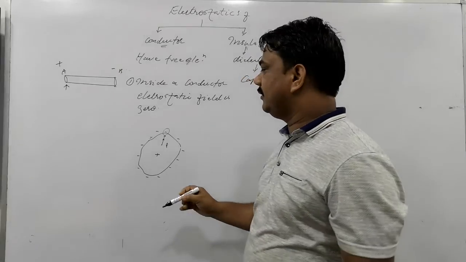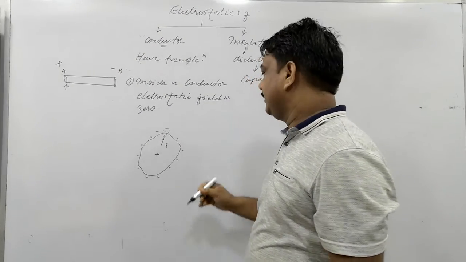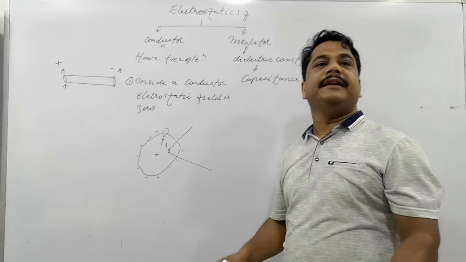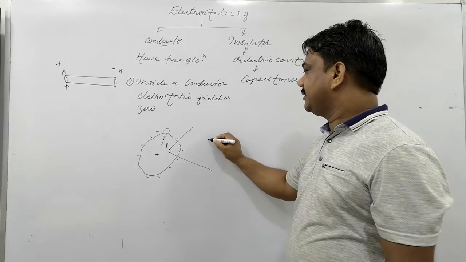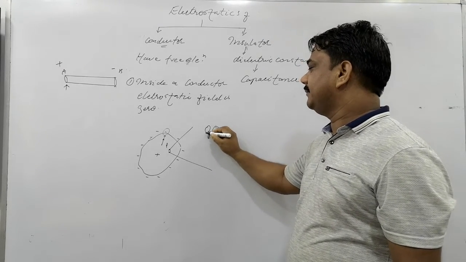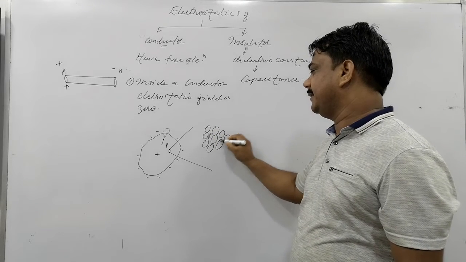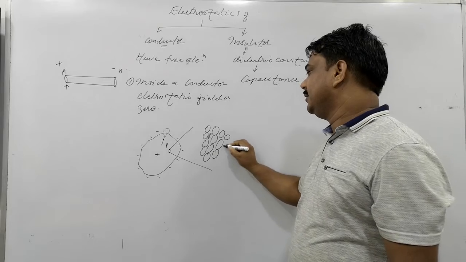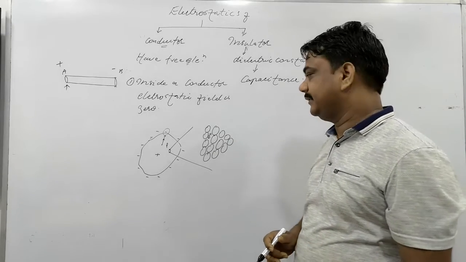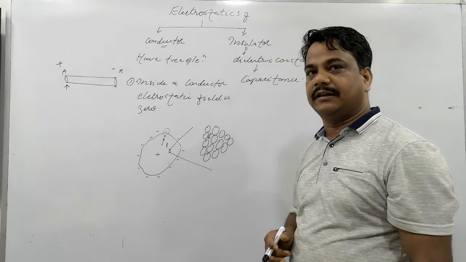But actually what happens, I am telling you. Suppose we have an atom here. Inside a conductor, if you see a microscopic view, many atoms are together here. This is one atom, second atom, third atom, and many atoms are there. Atoms are embedded together in this manner inside a conductor. So we have to find the electric field here. What will be the electric field? Is that clear?